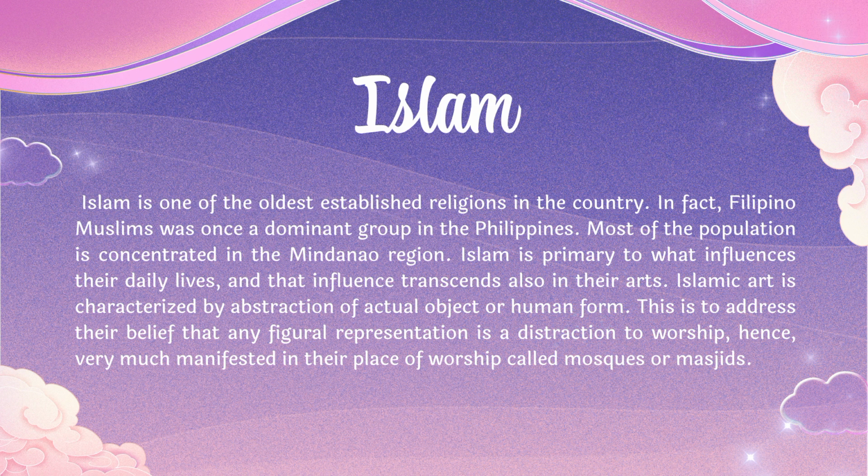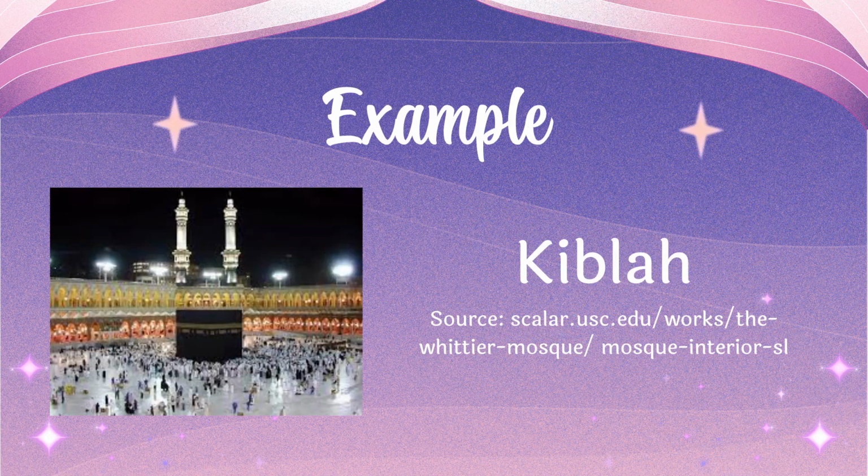And with this, Islamic art is also a diverse and rich form of artistic expression that spans over 1,000 years and encompasses a wide variety of styles, techniques, and mediums. It also reflects the cultural and religious values of the Islamic world, which includes the region from Spain to Southeast Asia, and it is characterized by its intricate geometric patterns, intricate calligraphy, and Arabic design often found in mosques, palaces, and manuscripts. So here we have an example, which is the Qibla.